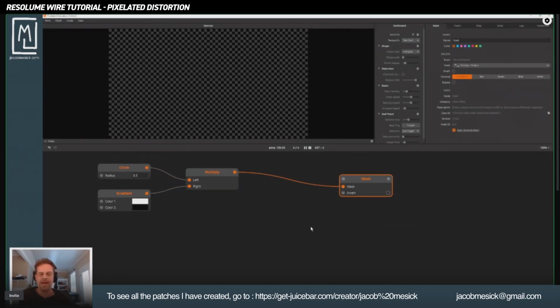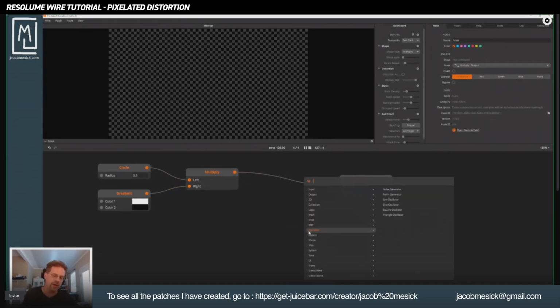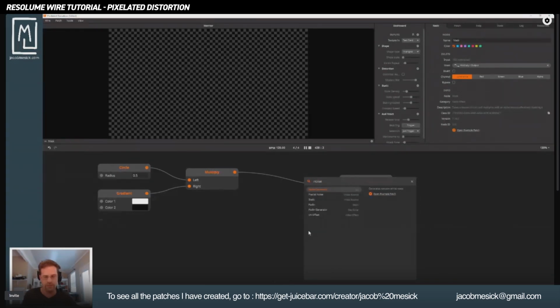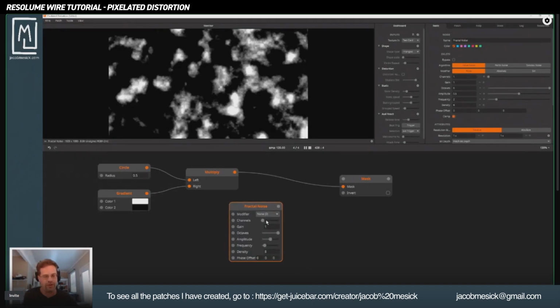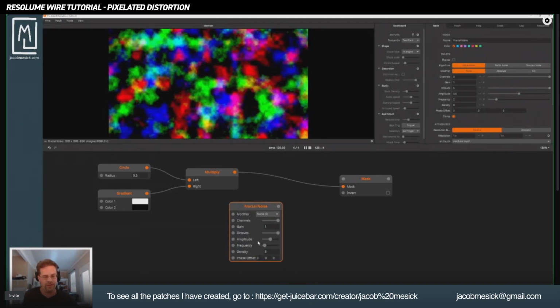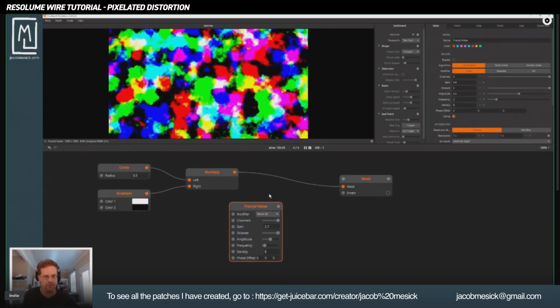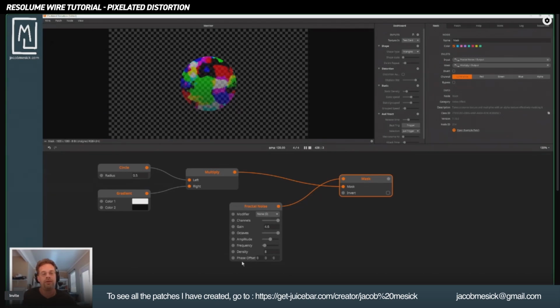If I plug this into my mask and I just grab, what do I want to grab here? Let's do a noise. So I got fractal noise. Here's my fractal noise, and we'll just bump up the channels so that it's at least something different, and we'll give it a little bit of color so you can really see it's pretty colors. Okay, so now if I plug this into here,